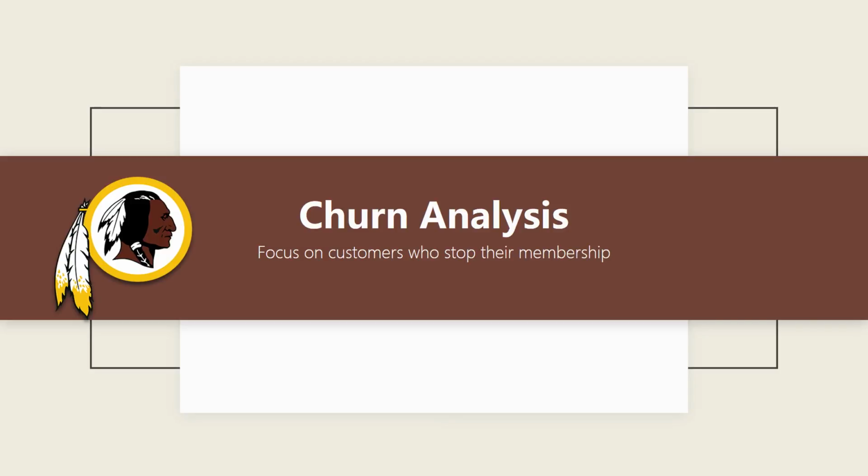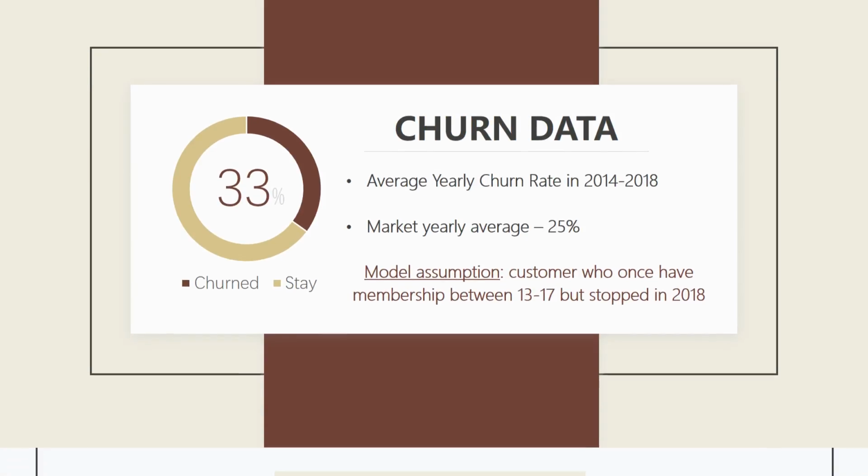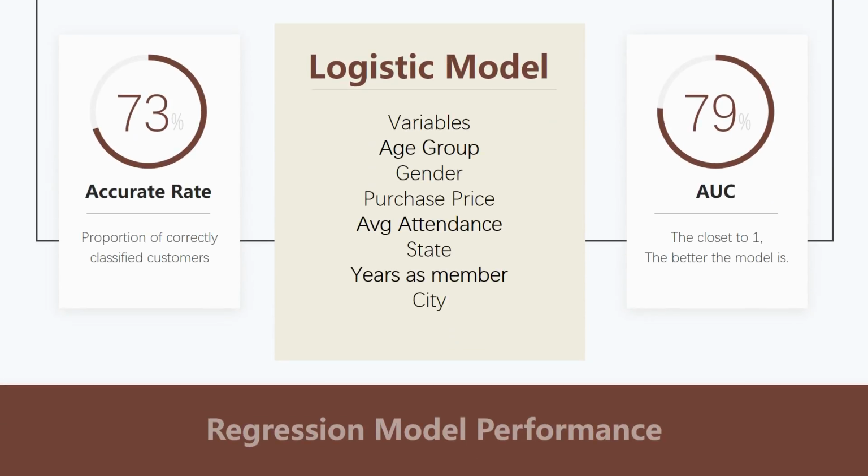So for our churn analysis, we saw that the percentage of season ticket members who dropped their membership at some point was 33%, which is slightly above the average for the NFL and for sports. And to be able to predict which season ticket members would drop their membership, we built two models. A logistic model